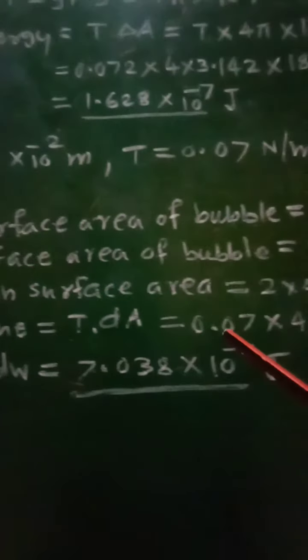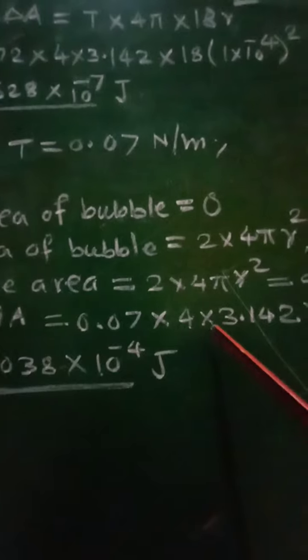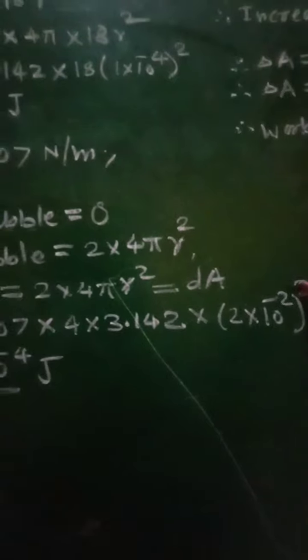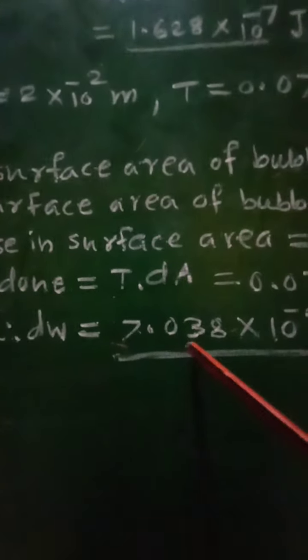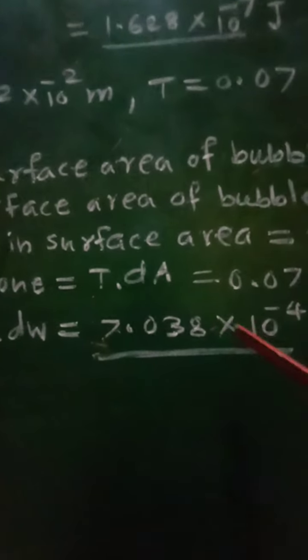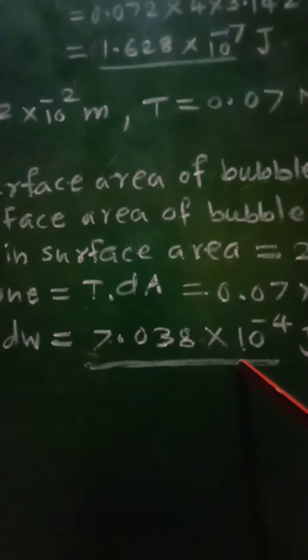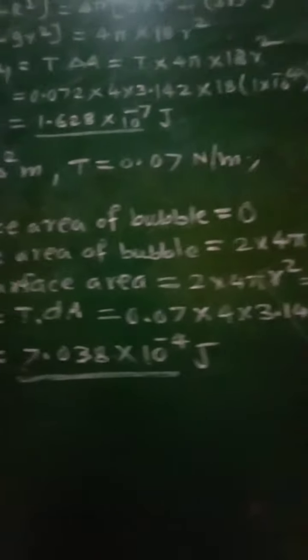T into dA, that will be equal to 0.07 into 4 into 3.142 into 2 into 10 raised to minus 2 square, because r is 2 into 10 raised to minus 2 and its square will be there. Calculating this, we will get dW equal to 7.038 into 10 raised to minus 4 joule. So this will be the work done in this process. And then we will go for next